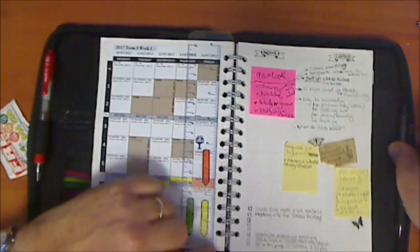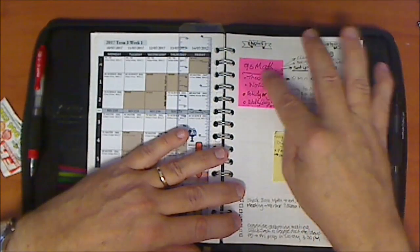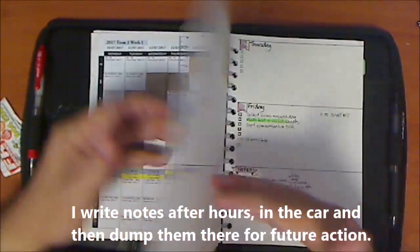Here is my brain dump. Checklists, things that I need to look at, notes that I've written to myself, ideas and so on. It's a little bit messy, yes, but it's getting the job done. On the next page,